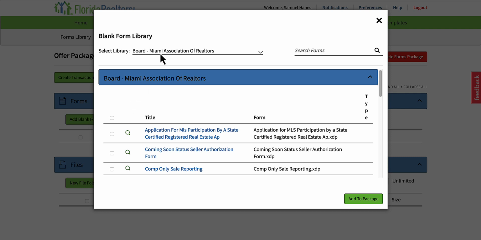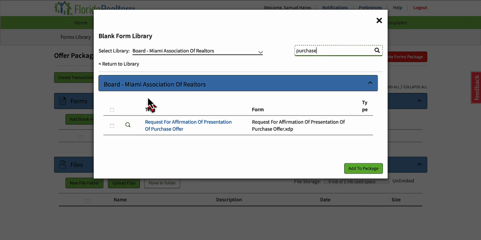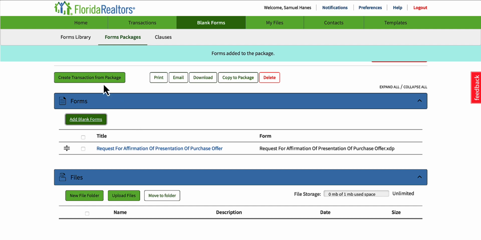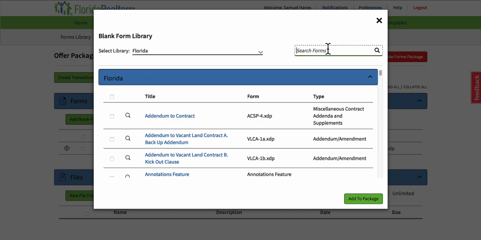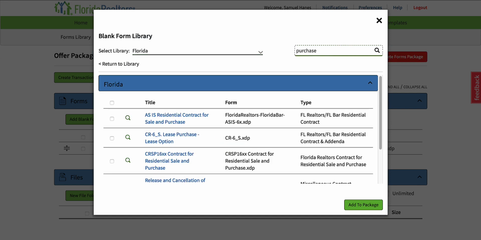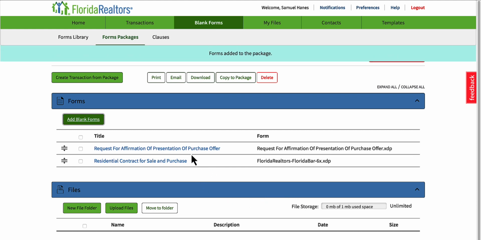So I'm going to click on add blank forms, and then from there we can go ahead and select or search by purchase. And then we found it right here under the Miami Association of Realtors, the request for affirmation and presentation of offer. I'm going to add it to the package like so. We're going to keep going. We're also going to add the Florida contract. We're going to go under Florida, type in purchase, and then we have the residential contract for sale and purchase located right here. Click on add to package. All right, and then from there